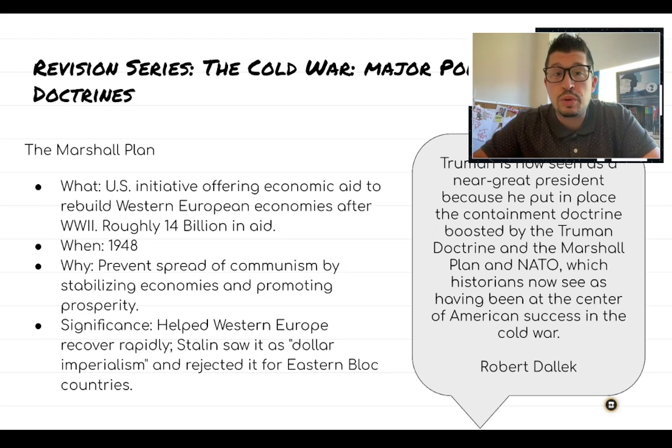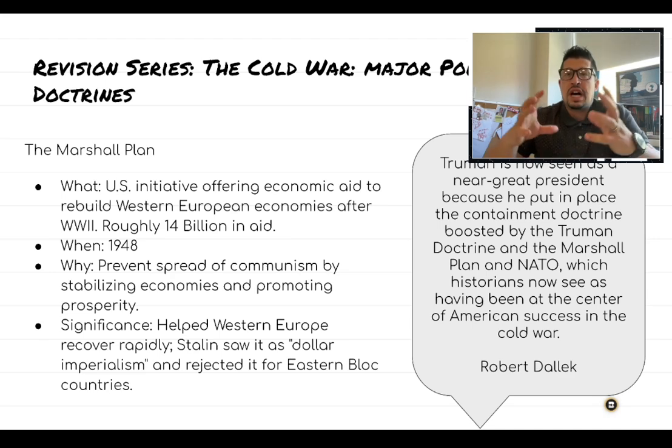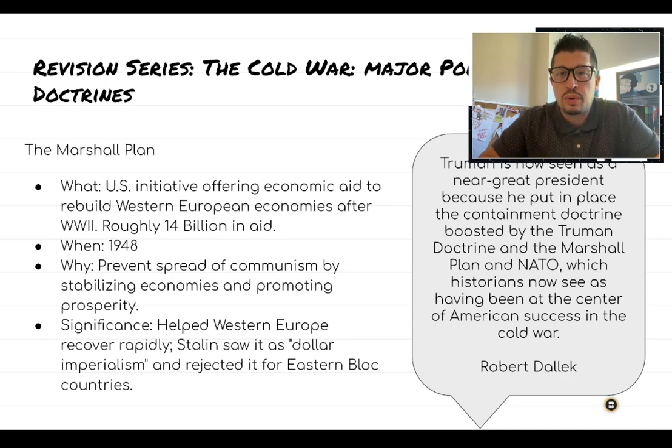Next up, we've got the Marshall Plan. The when is 1948. The why is the same idea as the Truman Doctrine, right? This communist fear is spreading all throughout Europe at the time. The United States is going to make a very keen finding. They are going to say that poor countries are more susceptible to turning communist. So the solution here, the way that we can back up our containment policy, is by making sure the countries are not poor.